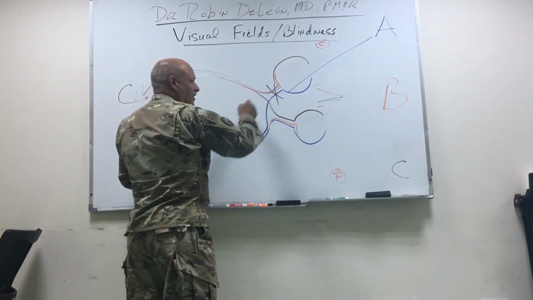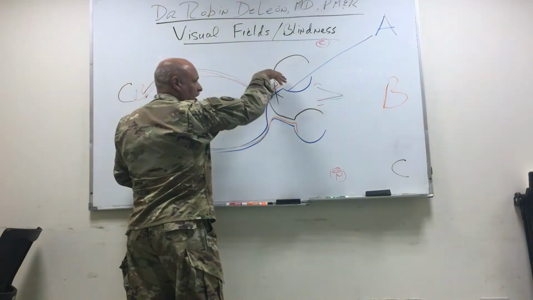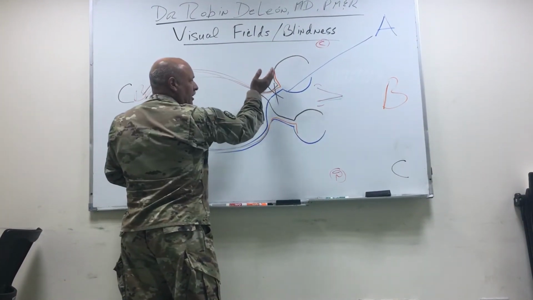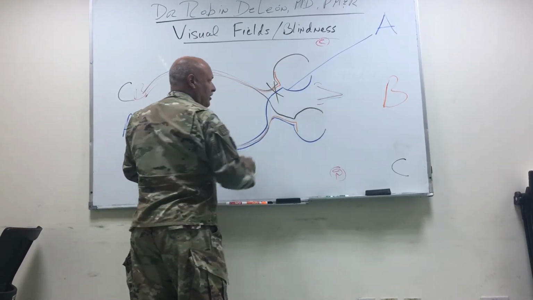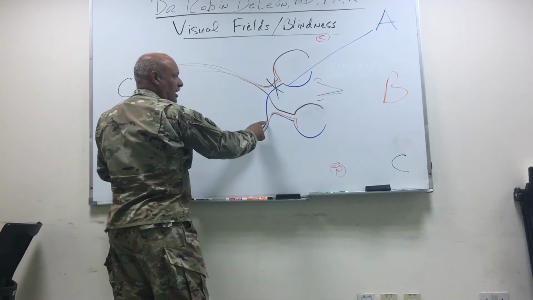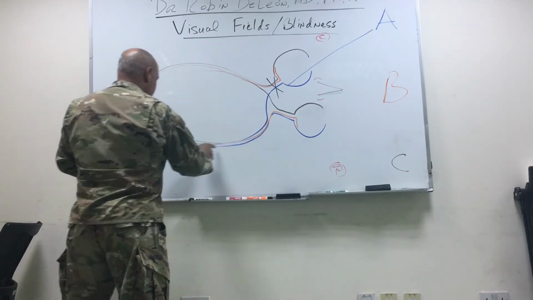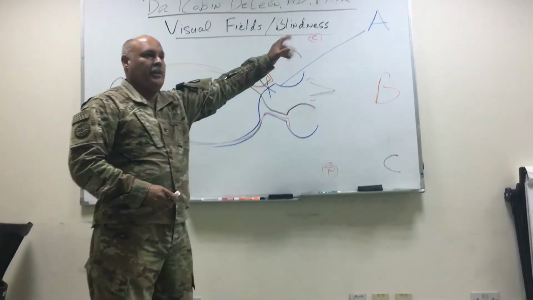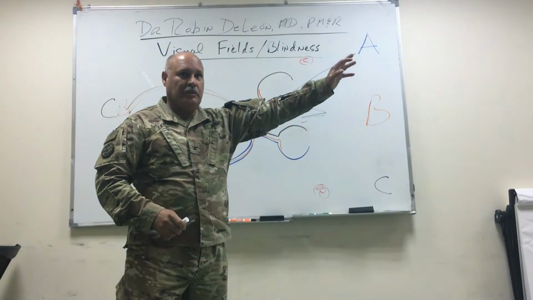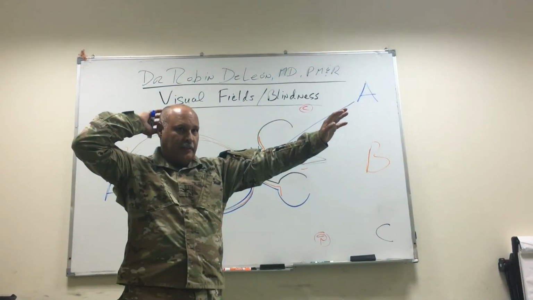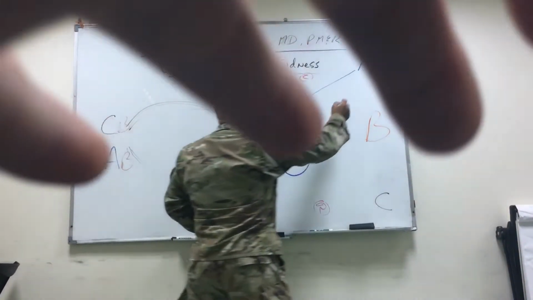So all of it's leaving there. The nerves that are coming in on the nose side are going to splay to the nose side. The ones that are coming in on the ear side are going to splay to the ear side. So this nose side is actually going to crisscross to the other side of the brain and go here, so that what is in my left visual field is processed by the right side of my brain. So that same object out here